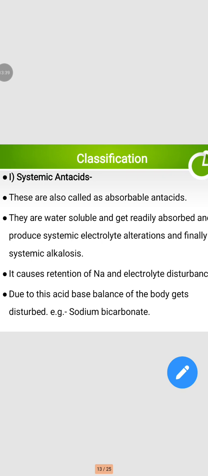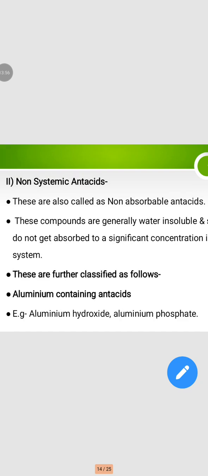Due to this, the acid-base balance of the body gets disturbed. For example, sodium bicarbonate. Then the second type is